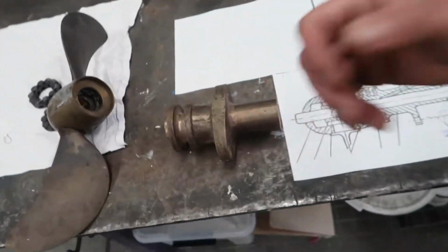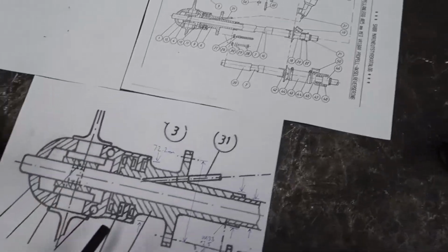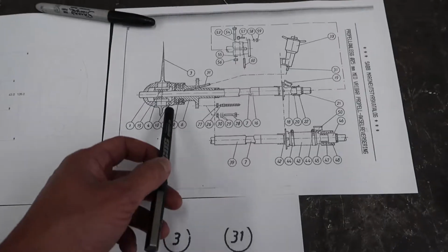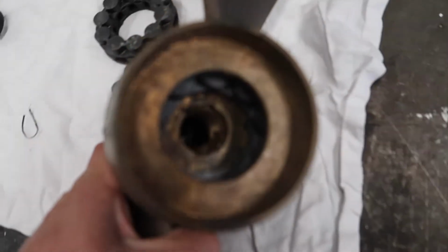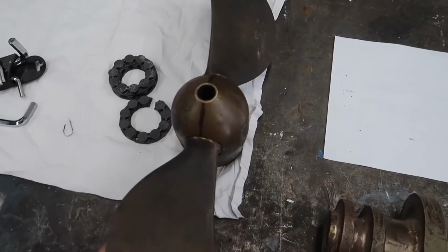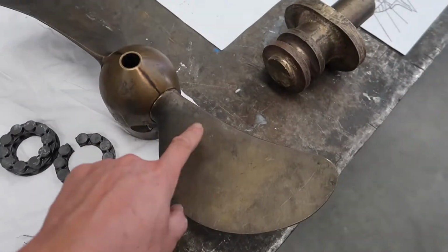Today we're working on the propeller mechanism for Kulali. And so what we have is the cross section of the propeller, which is this. Then you have a shaft that runs straight through, and the shaft connects into there and adjusts the propeller angle. So the propeller of Kulali can actually flutter, so you can optimize the amount of load on